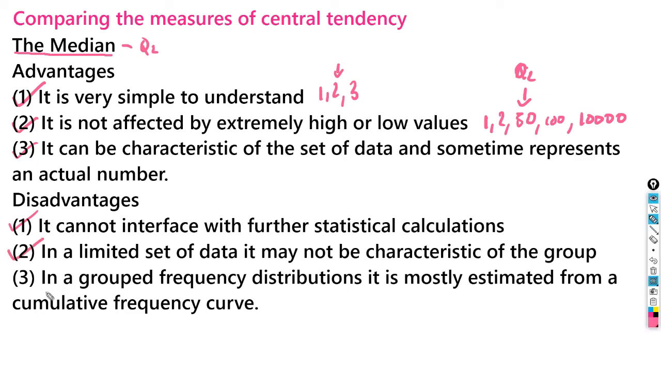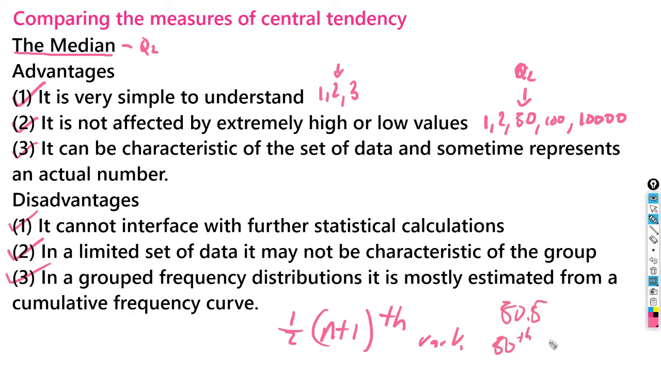And the last one says in a group frequency distribution, it is mostly estimated from a cumulative frequency curve. And that's true. When you find the n plus 1th, half of the n plus 1th rank, most of the time we actually end up getting something like 50.5, and then we have to use the 50th and 51st amount. So we basically estimate it when we use that cumulative frequency curve,